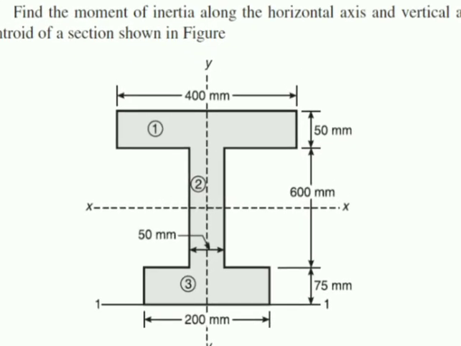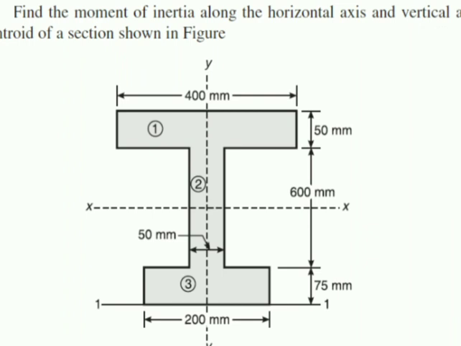Again if I come back to the figure, I can name the elements: the top flange is 1, the web is 2, the bottom flange is 3. You have done these things, and I think you might have solved a similar example for CG. The first element is a rectangle, area will be 400 by 50. The next element is a vertical rectangle, area will be 50 by 600. The third element is again a rectangle, area will be 200 by 75. So this is how we get the areas, which is very easy.